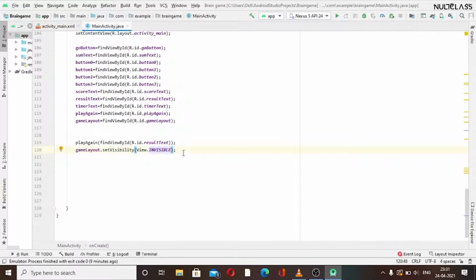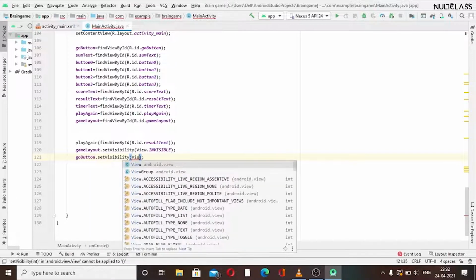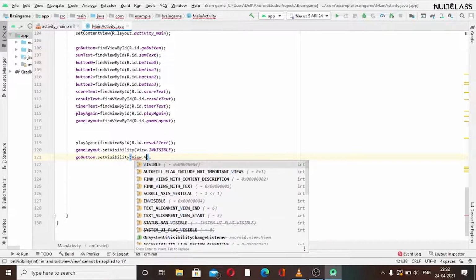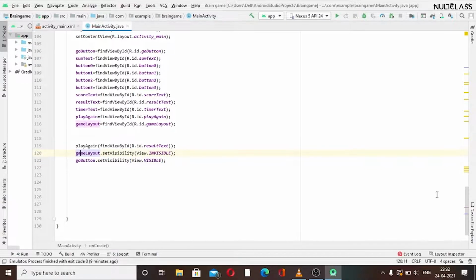So I will write here goButton.setVisibility(View.VISIBLE). Initially when the game starts, I want the go button to be visible, and whenever I click the go button, then the go button should become invisible and the game layout should become visible.